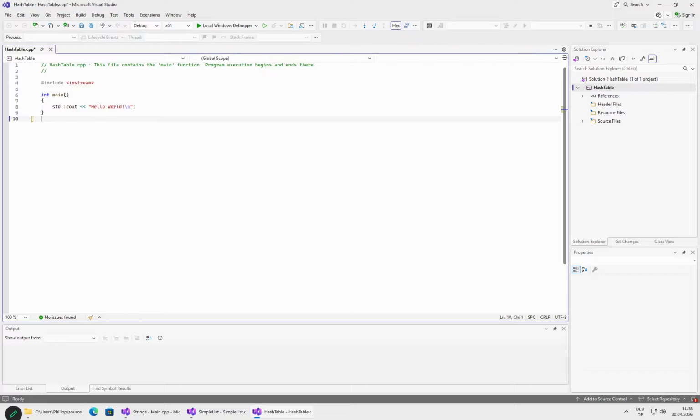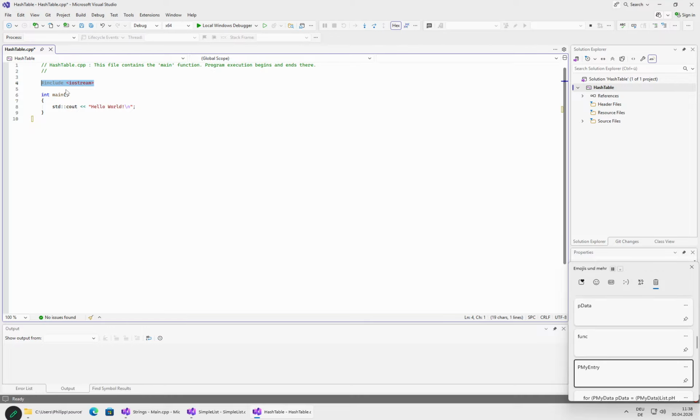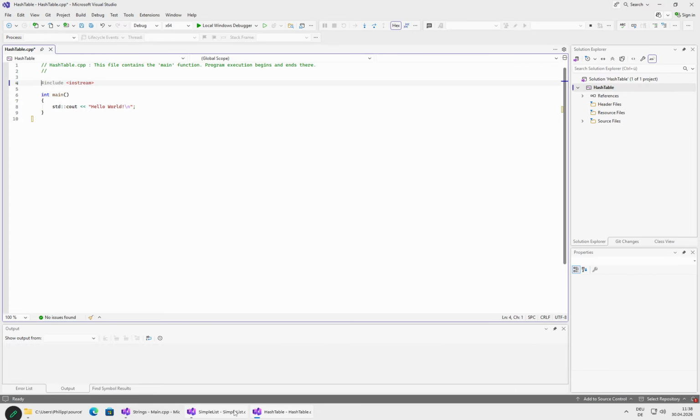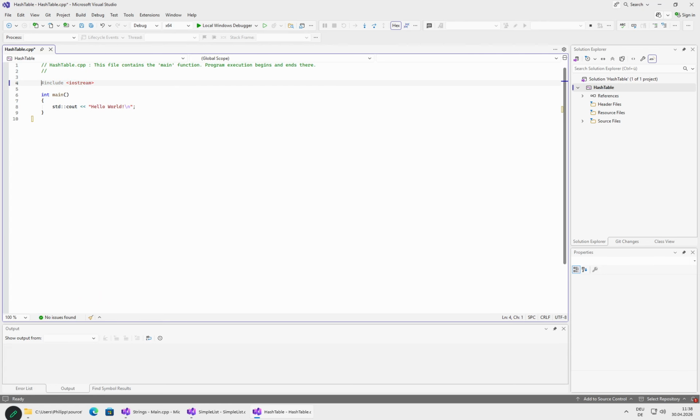So we will first of course need something that will represent our entry, and here let's paste the needed includes. Okay, we don't have them in the list, so let's grab them from here. So, as we said, we start with the thing that will store our data. So, typedef struct my entry,